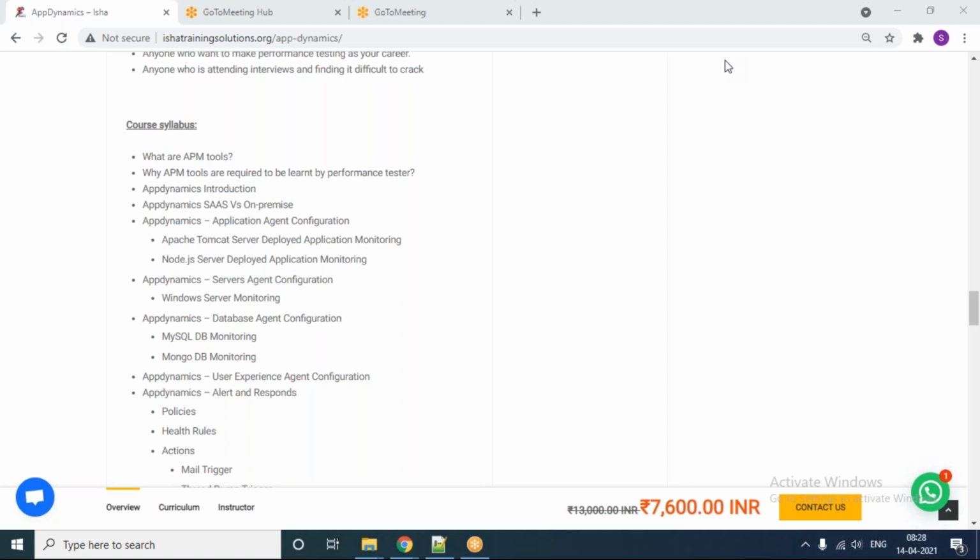The only thing is, in AppDynamics each technology has its own agent, but in Dynatrace it is one agent. Here, a separate agent for Java, .NET, Python, Perl, machine, and database, separate agents for separate monitoring capabilities.